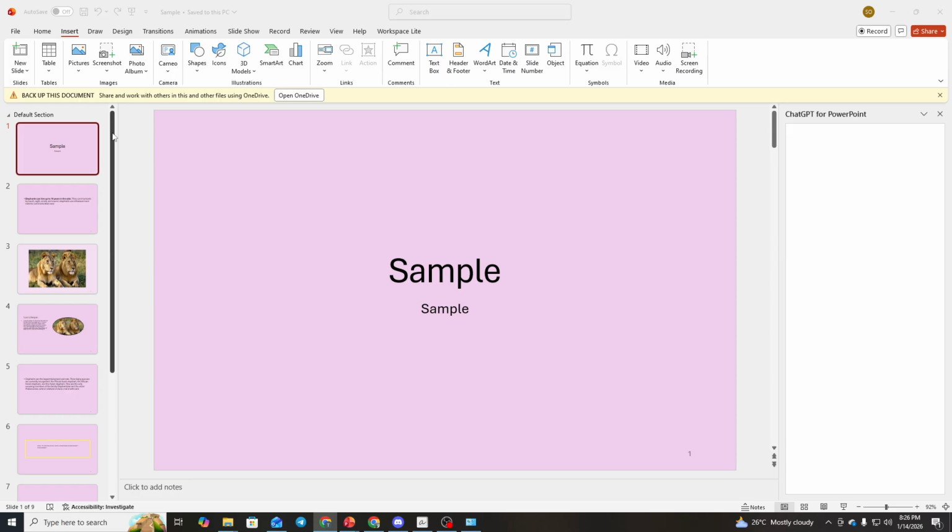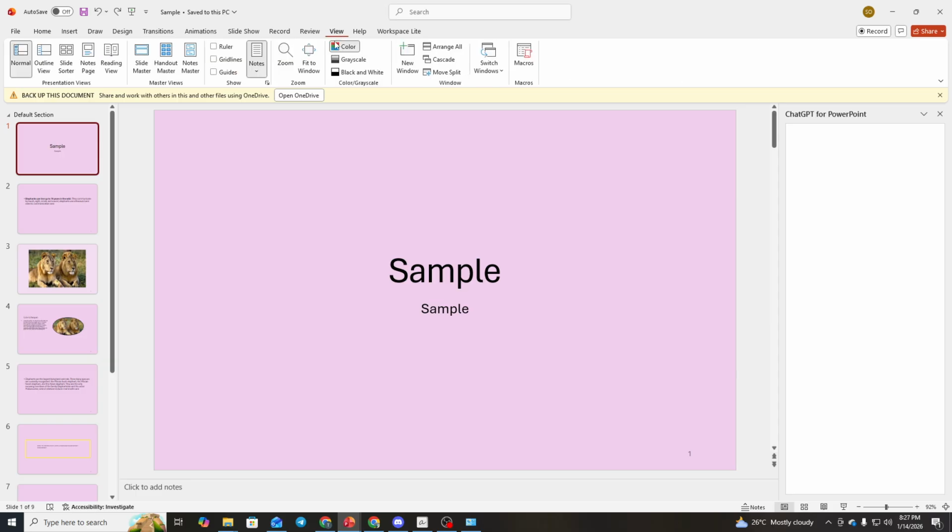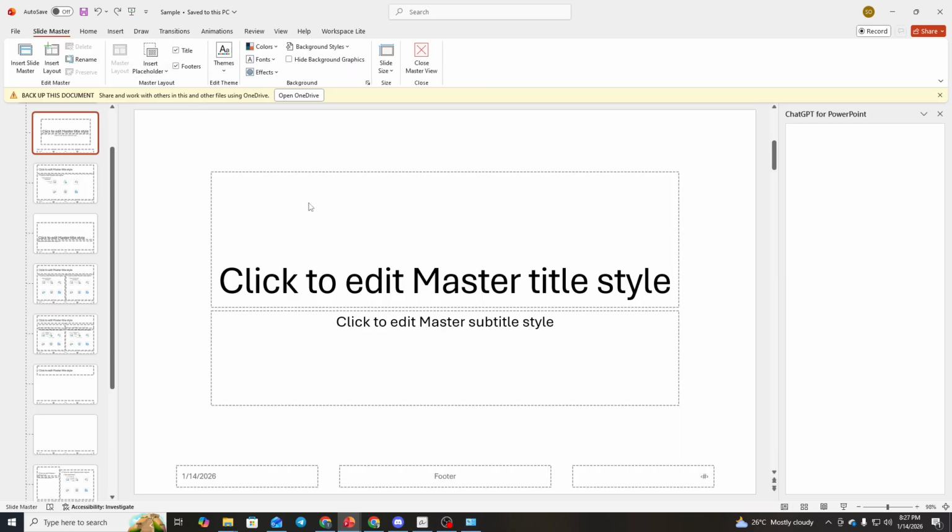Once your presentation is open, head to the top menu and click the View tab. This area controls how you see and manage the overall structure of your slides. From there, choose Slide Master. Slide Master view is where global changes happen. Instead of editing individual slides one by one, you're editing the master slide and its layouts, so your changes flow